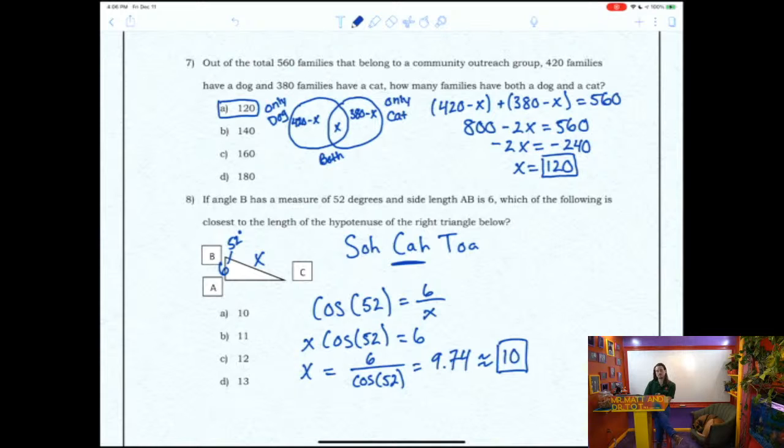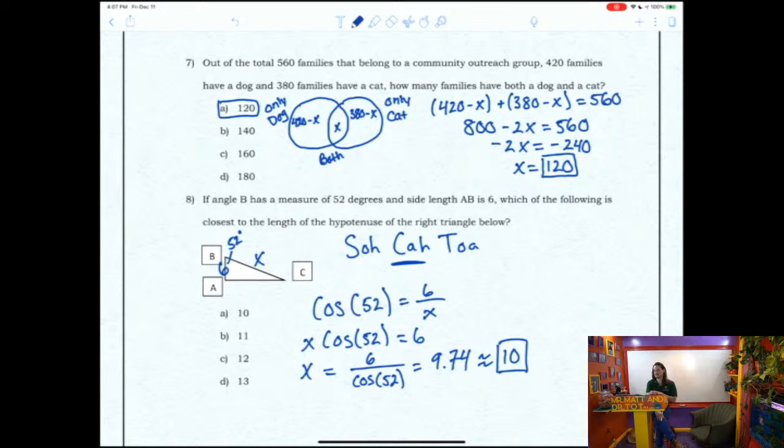So cosine is equal to the ratio of the adjacent side length to the hypotenuse, or adjacent divided by hypotenuse. So we can say that the cosine of 52 is equal to 6 divided by x, x being the unknown hypotenuse's length. Multiplying by x on both sides just to move it over to the left side, so then we can get the cosine of 52 over to the right. And then, multiplying by x and then dividing by the cosine of 52, we're going to get x is